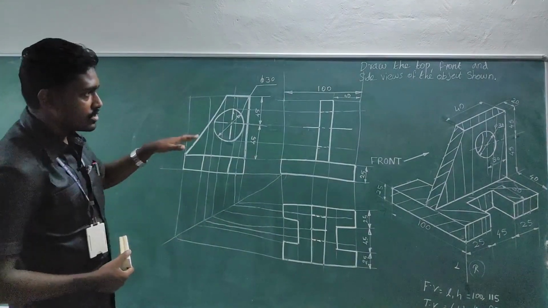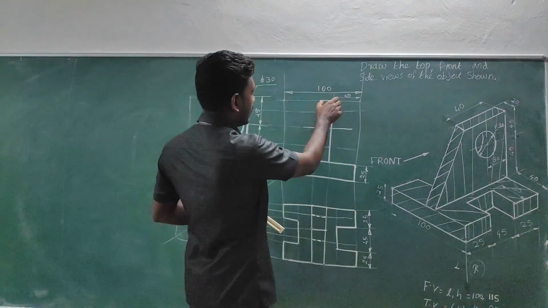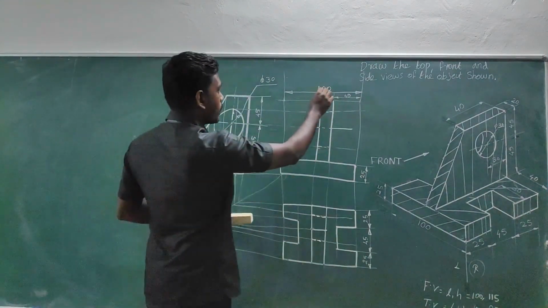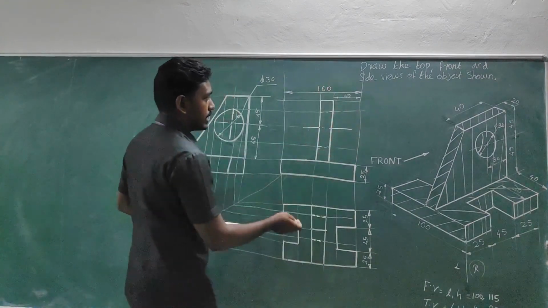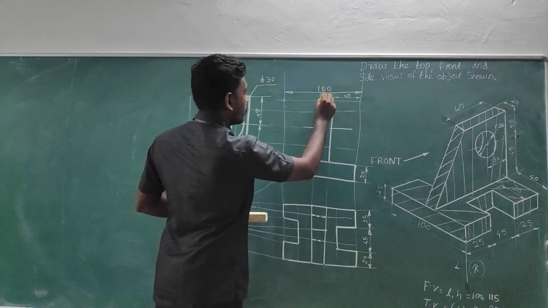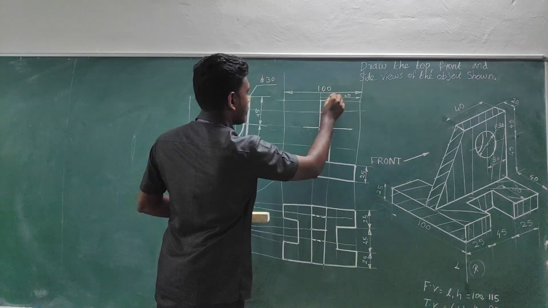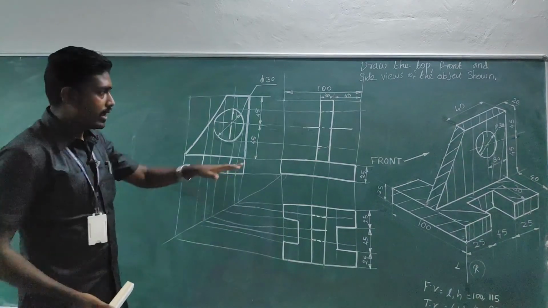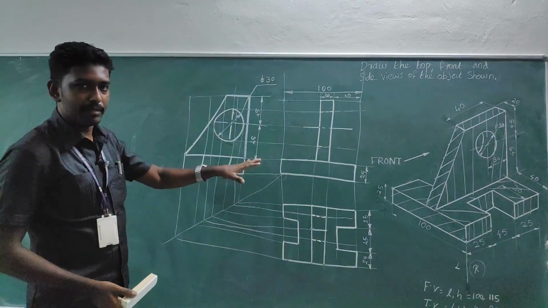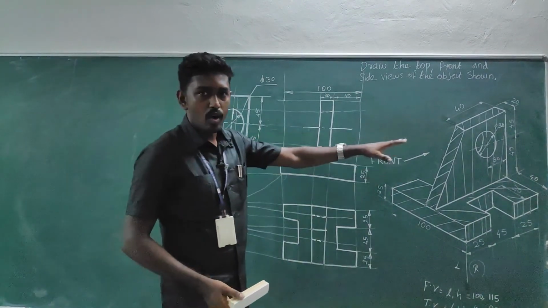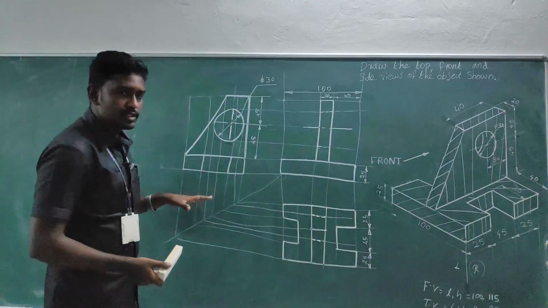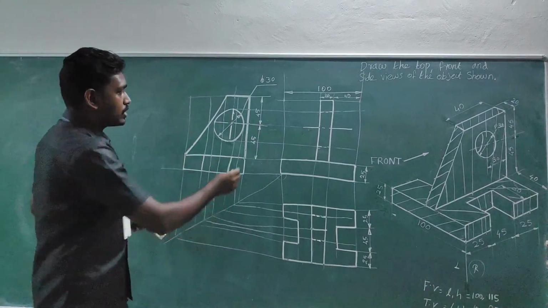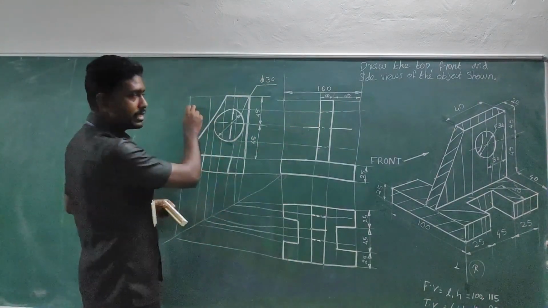Okay, and one more thing is remaining: the thickness of the wall. We have missed it here. So just take a line so that here we can give 20. So now we have covered each and every dimension which is given in the object. Okay, so the next step, after completing your dimension work, is to give the titles, right? So this is the front view, this is the top view, and this is the side view.